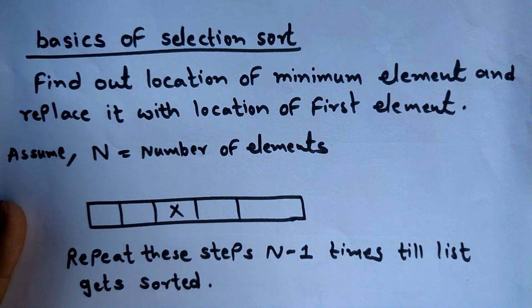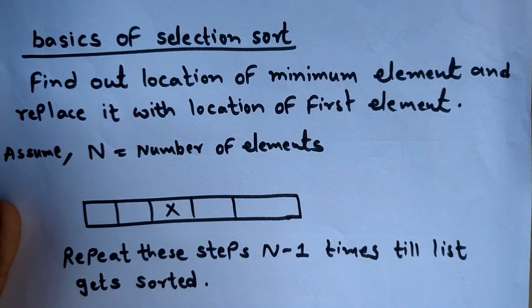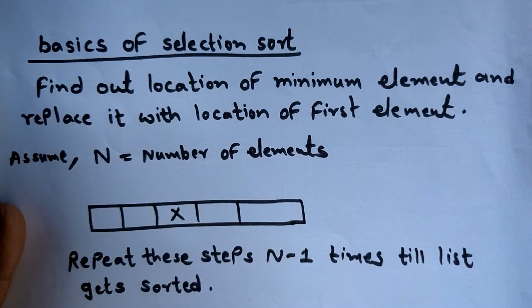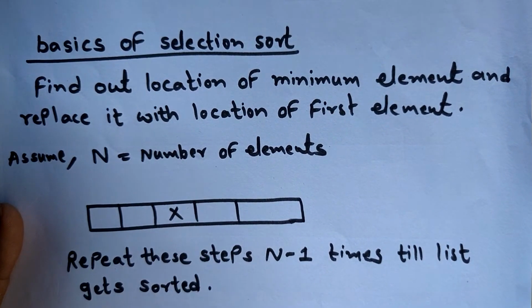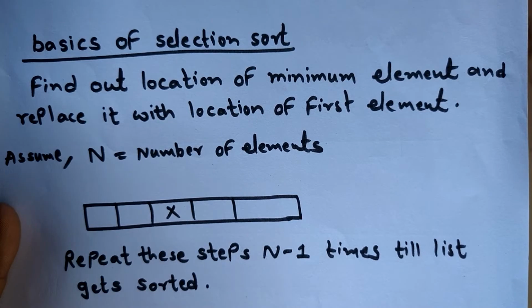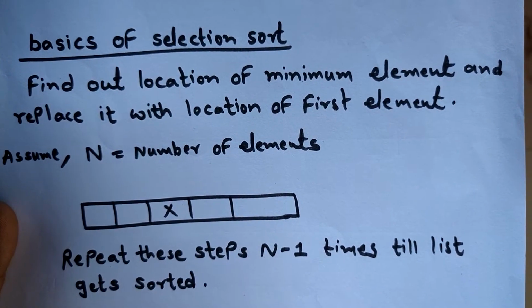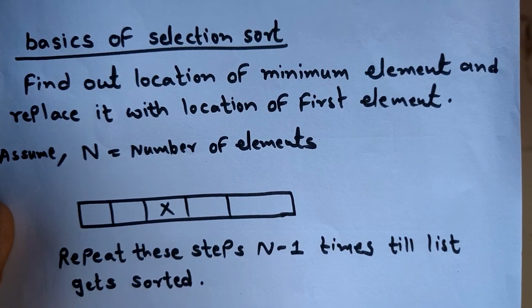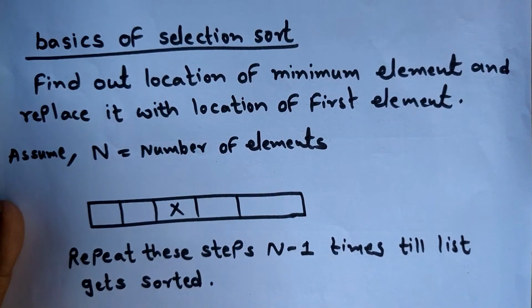Our today's topic is the selection sort. So, what is exactly selection sort? That we will be seeing in this tutorial. Basically, we are going to select a minimum number in the unsorted list as a selection. So, why is it called a selection? Because we are selecting a minimum value from the given unsorted list.